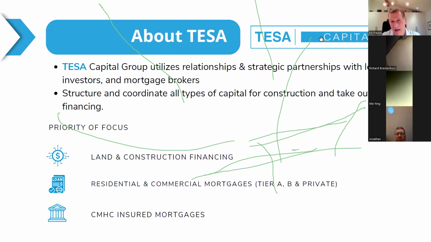The other element that we have is Tessa Capital, and this is the financing aspect, specifically the CMHC MLI Select financing, which is a crucial element to the missing middle. Why? Because without this more lucrative financing that the Canadian government has unveiled, it's difficult to make these projects work.